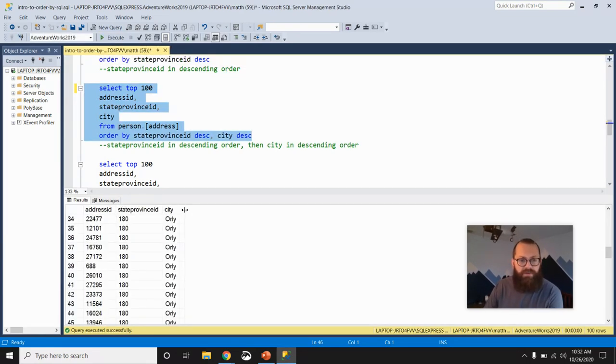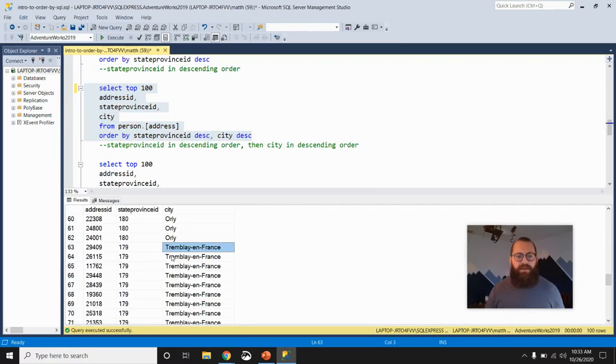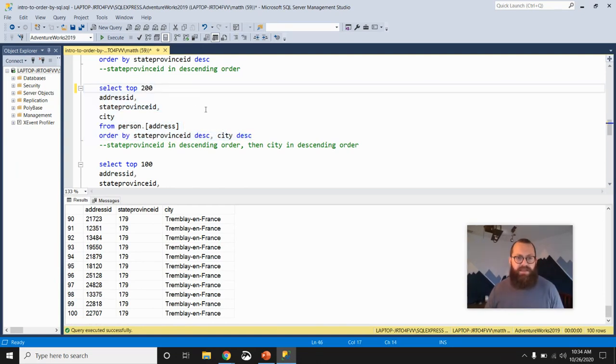If we go down, you ultimately see that values for the letter T, which is the last value for city alphabetically, are now displayed first because of descending sort order. There are more than 37 or 38 records that have that value, so that's the only distinct value for the field city that we see. If I were to expand this out a little bit more,